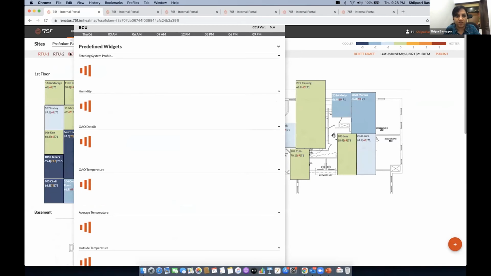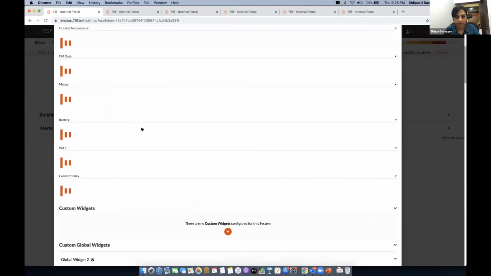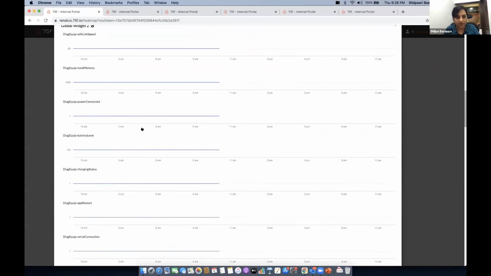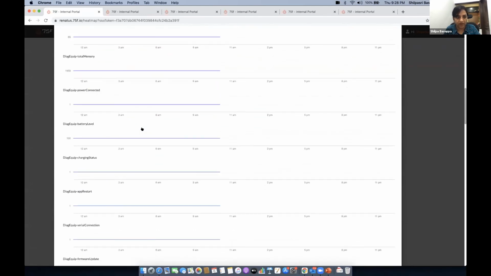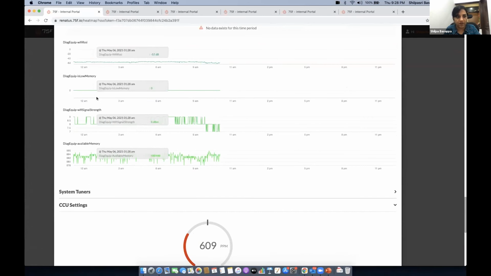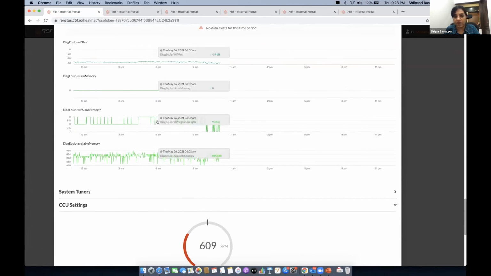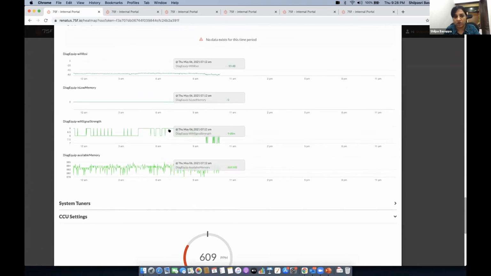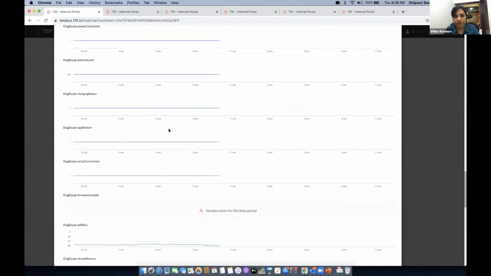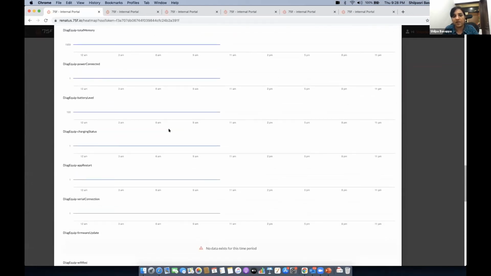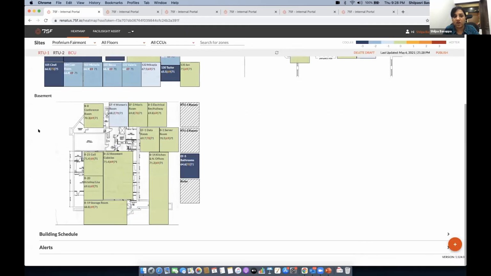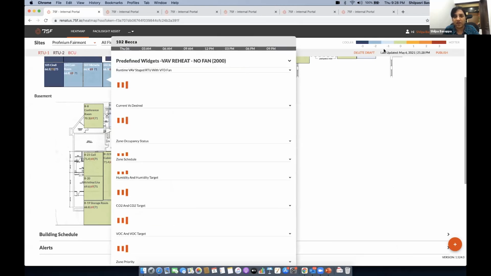Once I bring up the system, you'll be able to see the widgets that I added. I think I've added quite a lot of widgets, but everything that I've added will be coming up here. You'll be able to monitor those. That is how simple the analytics on our app has become once we have introduced the tagging part of it. So the Haystack normalized data that is there, once it's written into the cloud, we are able to create a lot of applications. That makes it extremely easy.